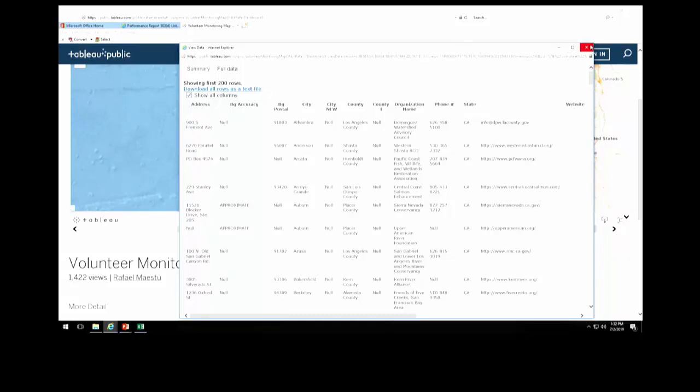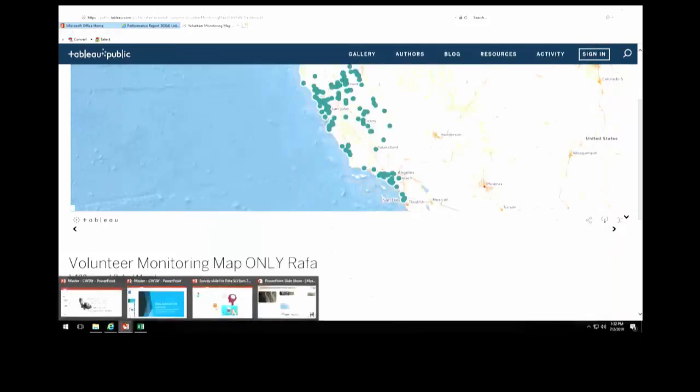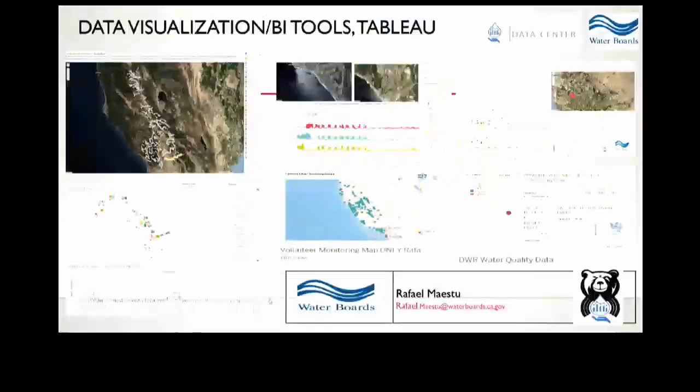And I want to talk a little bit about open data, because 2 years ago there was a bill that was passed called AB 7055. It's called the Open and Transparent Water Data Act that requires the Water Board, the Department of Water Resources, Fish and Wildlife, and the Monitoring Council to release all the data sets in an open data format, machine readable, something that Anne was talking about before. Why? Because it's not that we have the data and we are hiding it. We want to make sure that everybody has access to that data and they can do their own analysis.